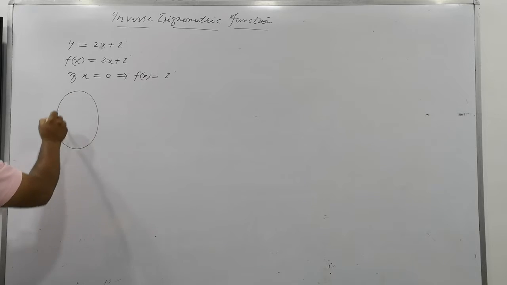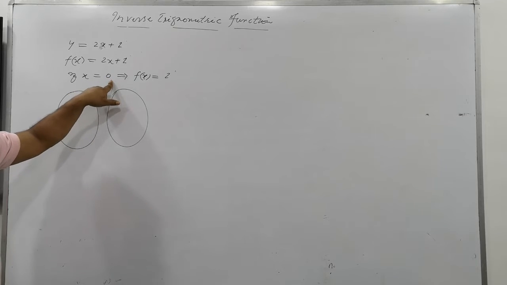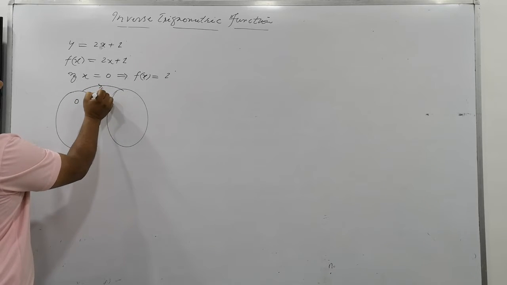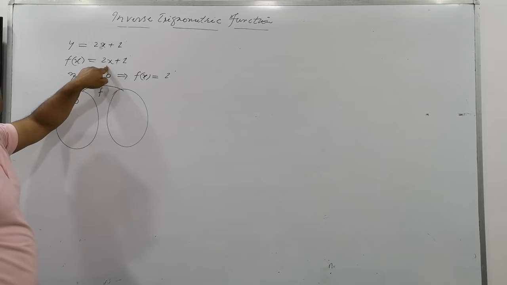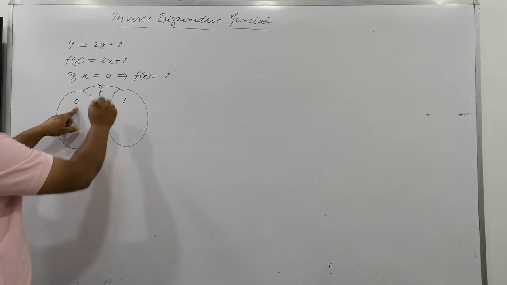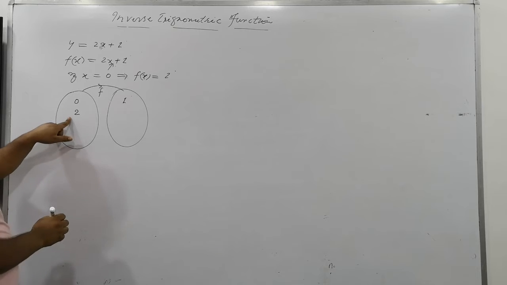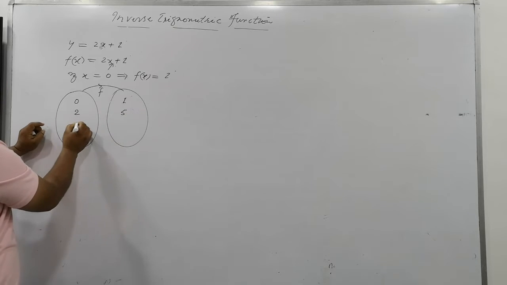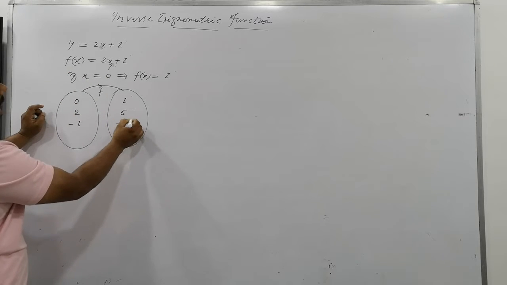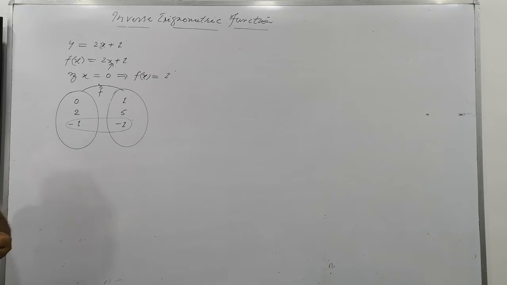So have a look please. The first set is the domain set. The collection, the set of all values of x, is said to be the domain. Clear? It means 0 under f function. The name of the function is f. Under f function, 0 gives you 1. Is that clear? In the same manner, in place of x, if you put 2, then what will you obtain? f of 2 will be 5, and here you put f of minus 1. In place of this minus 1, what will come?